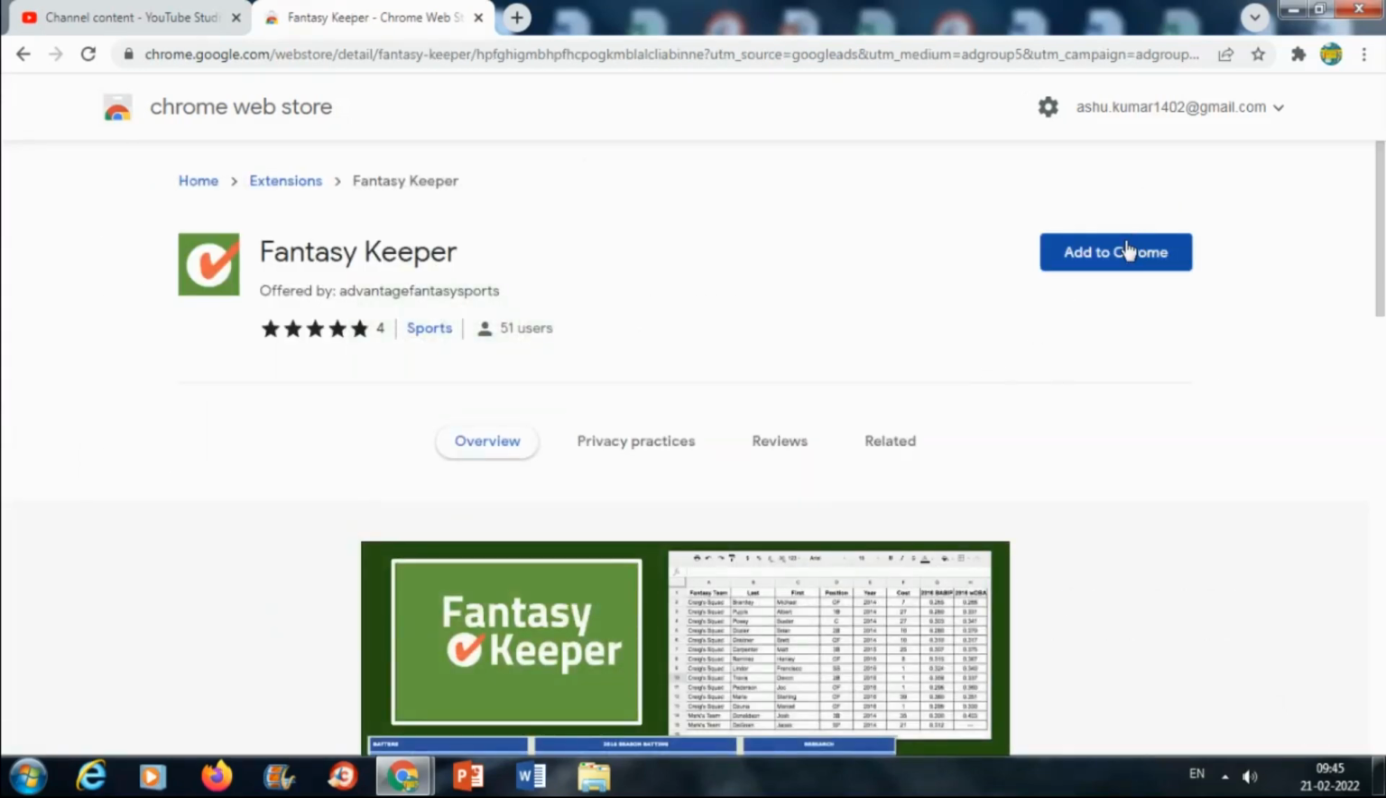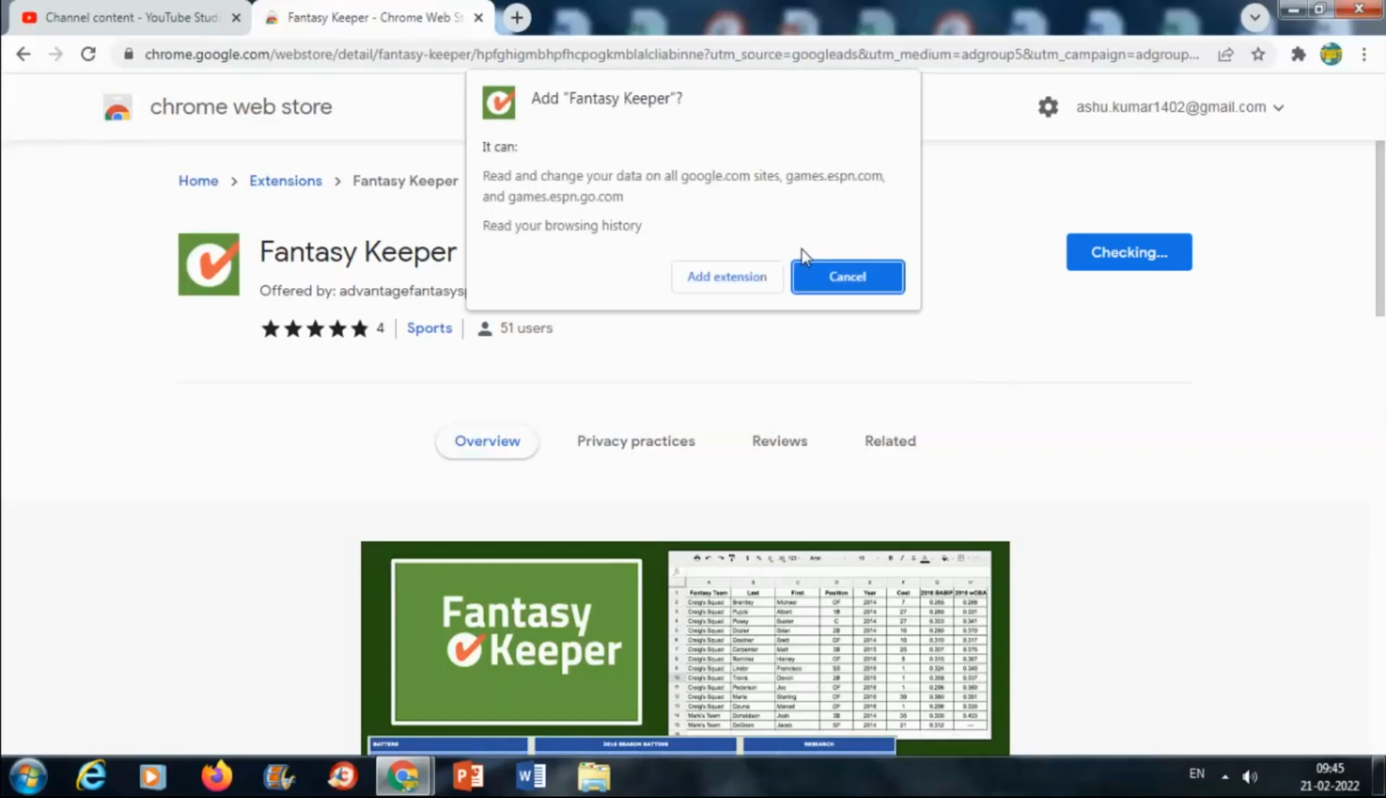Then click on Add to Chrome button. A window will appear. Click on Add extension. In this way, you can successfully add an